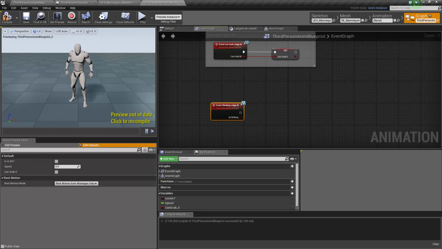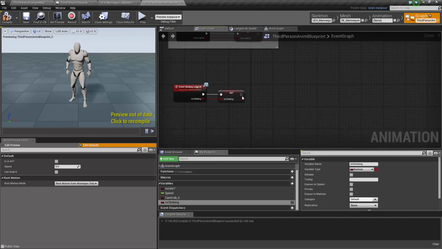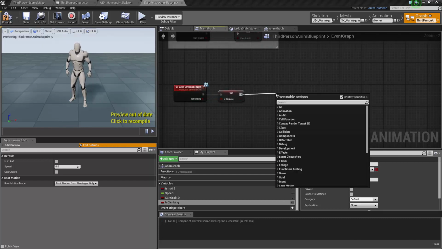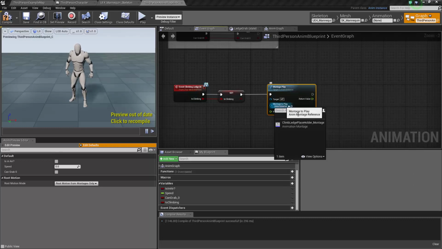And then we need to promote this to a variable, and I'm going to call this variable is climbing. There's a caps issue there. Is climbing, okay, and then if it is climbing, we want to play a montage,